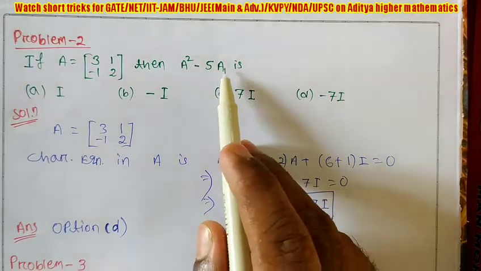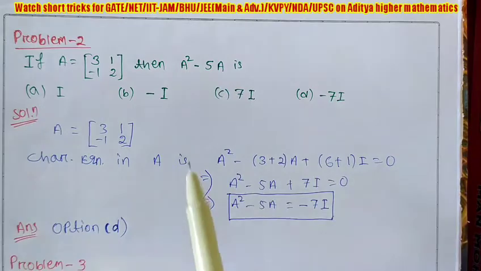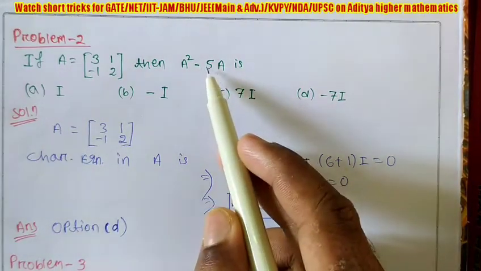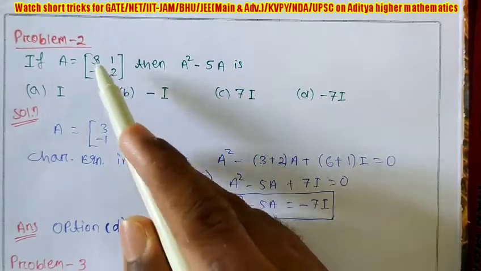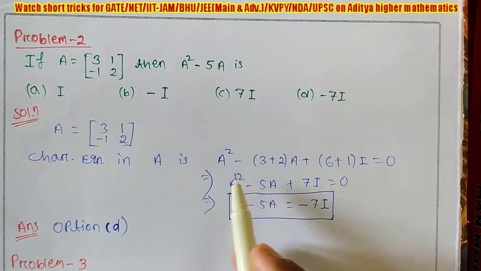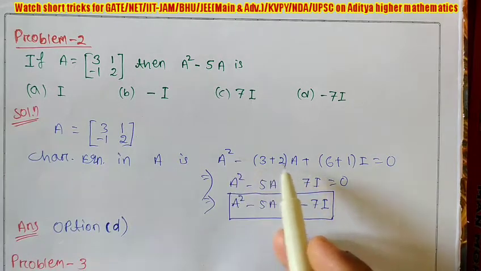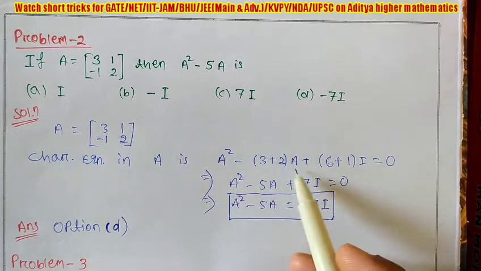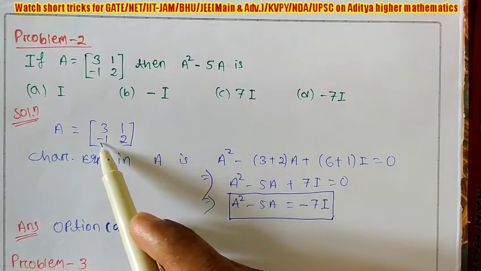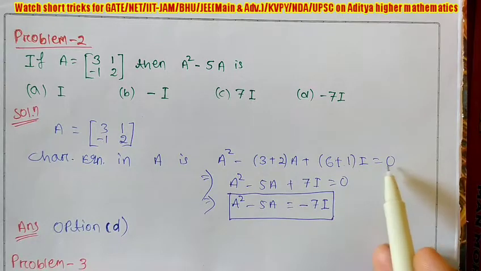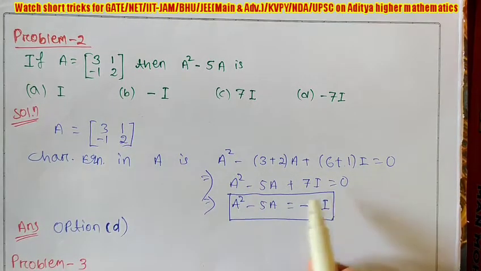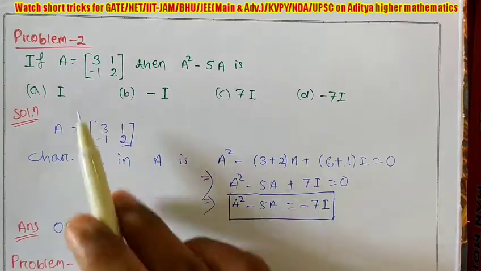In that question the I term was given, but here no I is given. And what is the coefficient of A given? Observe. Yes, it is the sum of diagonal elements. Then you can apply that trick. Now find its characteristic equation. A square minus the sum of diagonal elements, 3 plus 2, a, plus 6, it is minus, so you will get plus 1i. So you are getting A square minus 5A plus 7I is 0. It is the characteristic equation of that matrix.